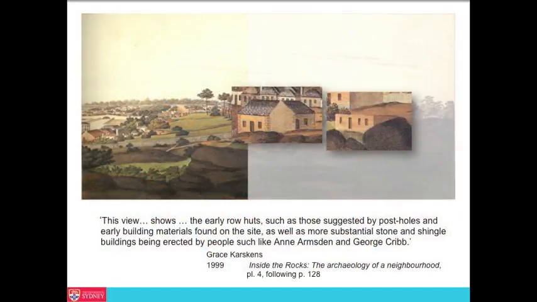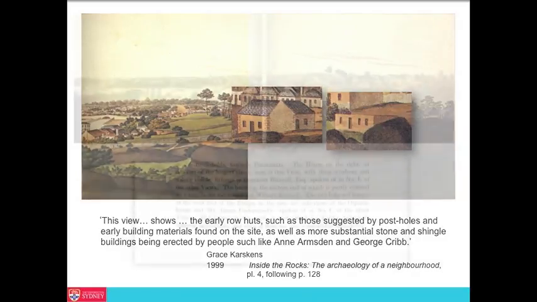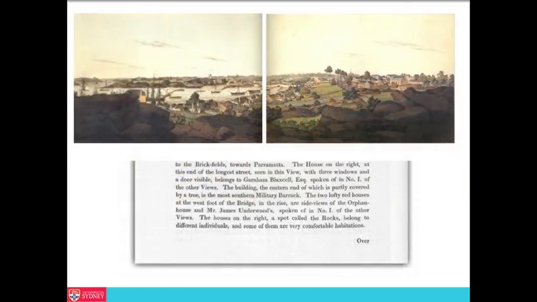And so when Grace discusses it, she says, you can see the early houses, some of them being rebuilt and being made more substantial and so on. And these are the kinds of houses used by people like Armston and Crick. Unfortunately, there's a bit of a clue in the text, because the text, instead of identifying individual buildings, simply says the houses on the right, a spot called the Rocks, belong to different individuals,